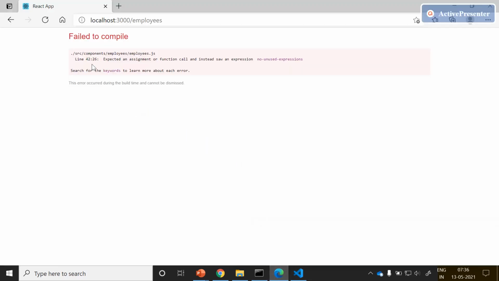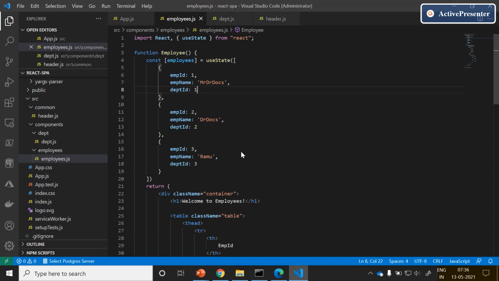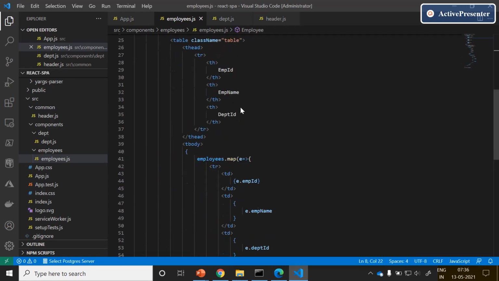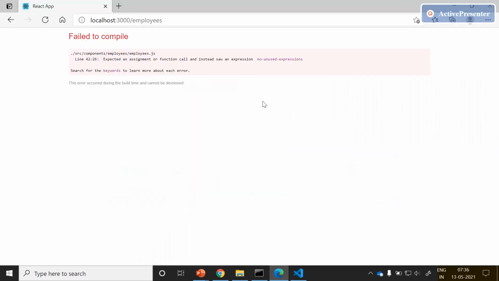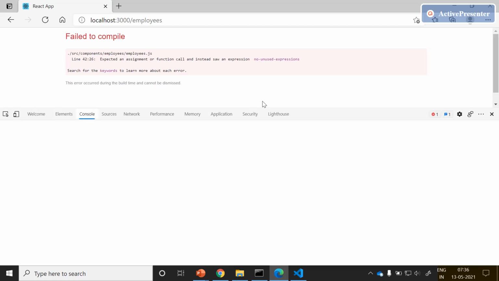We'll go to our page and see whether the page is running fine without any issues or not. We are seeing one issue: expected an assignment or function call and instead saw an expression. Let me go back to employees.js and fix that issue. Click F2 to see the actual error.